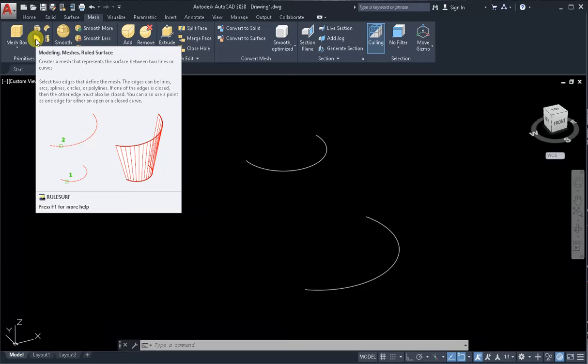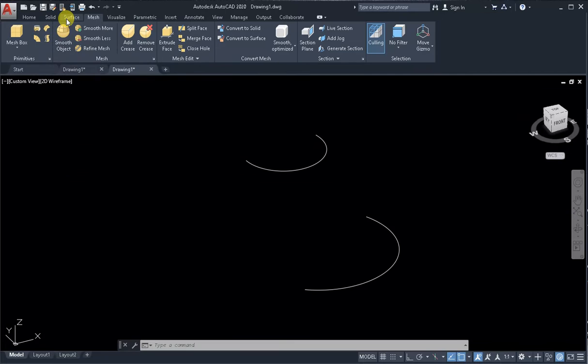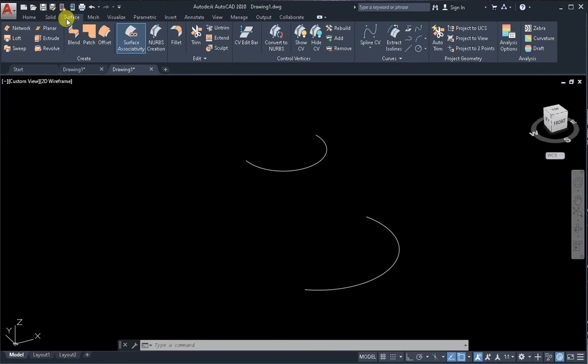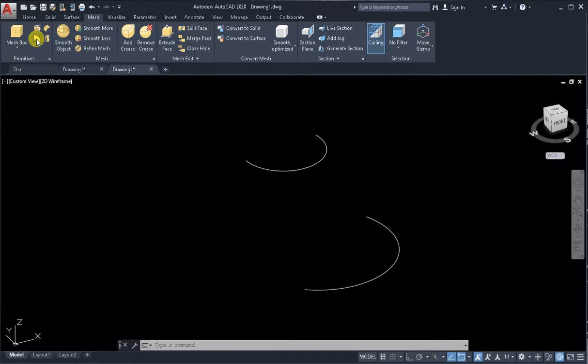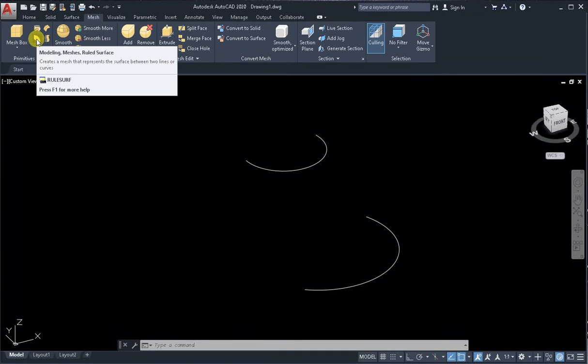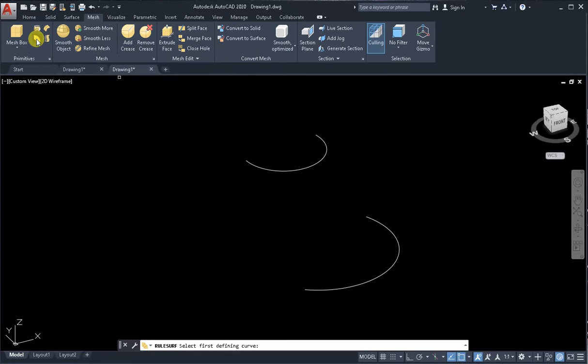Modeling mesh ruled surface. I don't know why it's in tab mesh, but this command may be in surface. Anyway, activate the command from the tab mesh panel primitives. Click left mouse button and on model field select